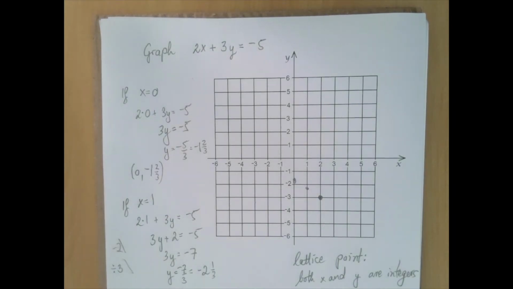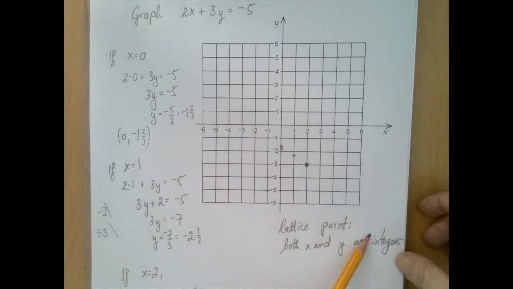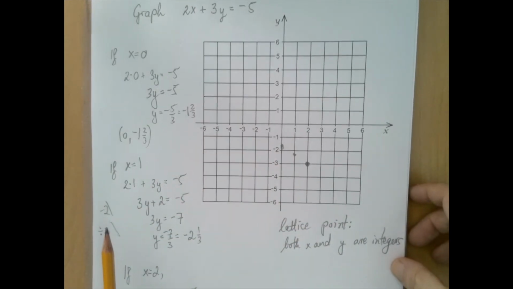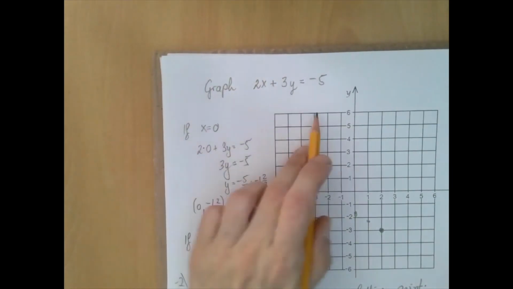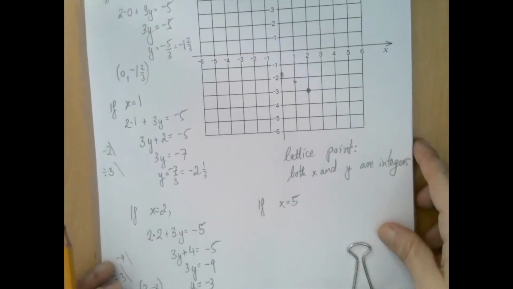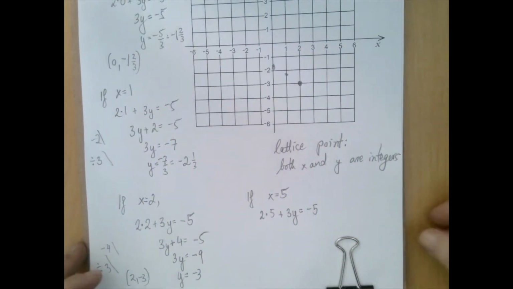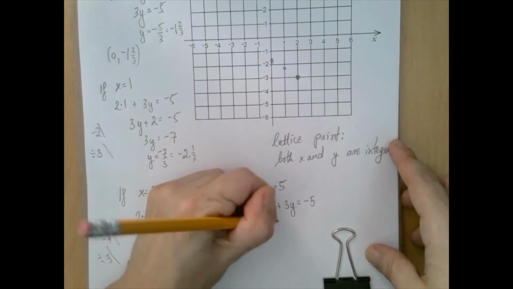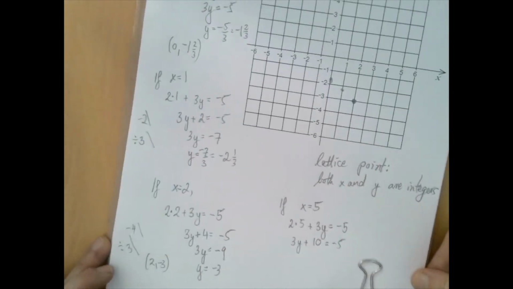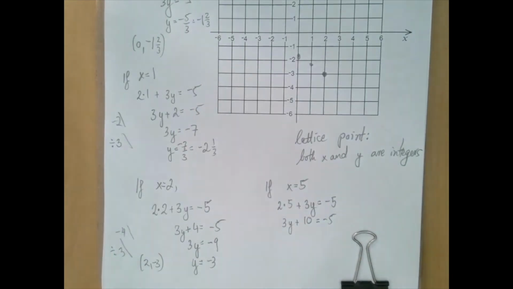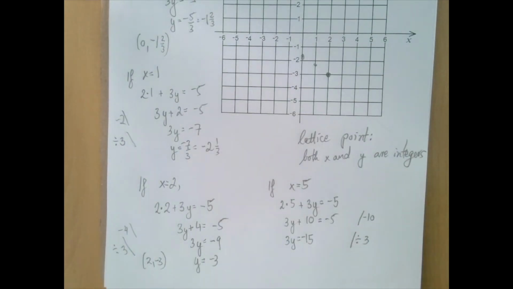X equals 2 worked. So if x equals 2 worked, then the next one is with x equals 5. We might be barely in the picture, but it's probably worth trying. So if x is 5, then the equation 2x plus 3y equals negative 5 will become 2 times 5 plus 3y equals negative 5. Well, that is the same as 3y plus 10 equals negative 5. And that's a two-step equation that we're going to solve for y. We're going to subtract 10 and then divide by 3. So we get 3y equals negative 15. And when we divide both sides by 3, we get y equals